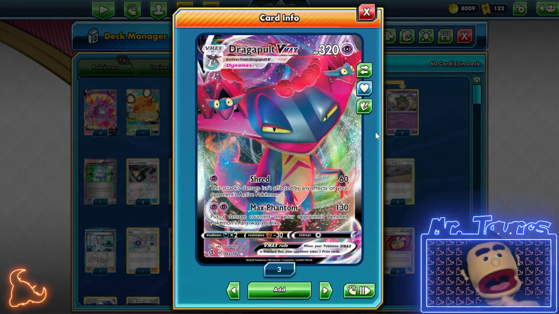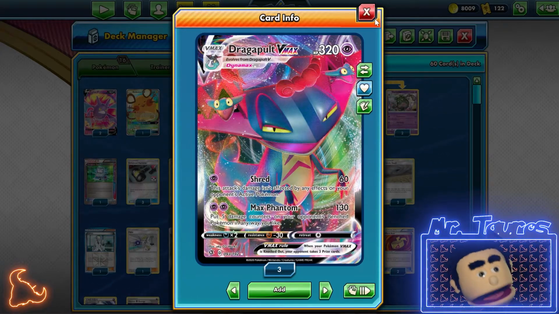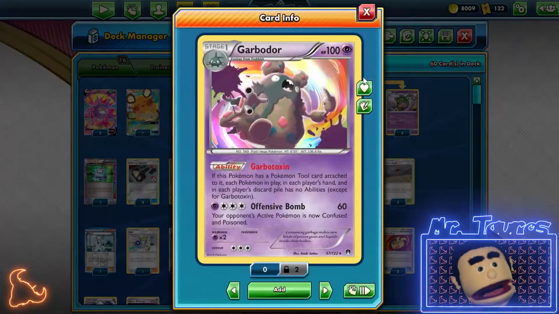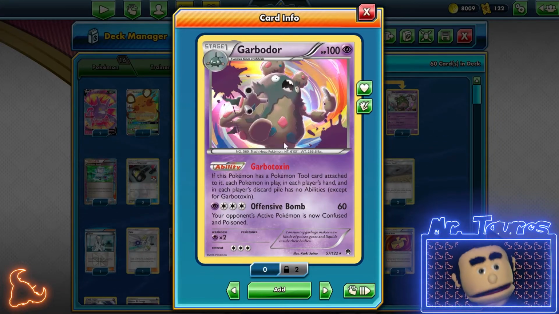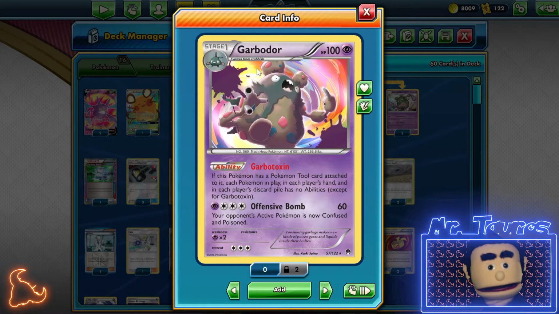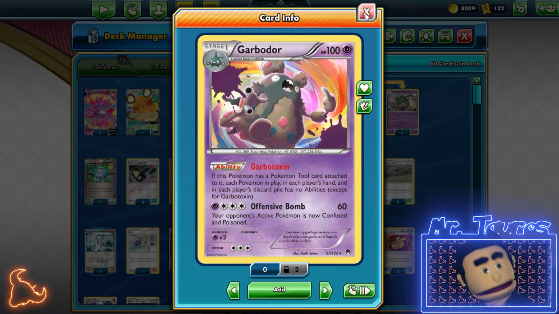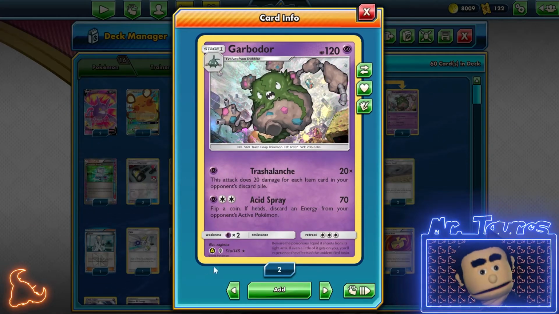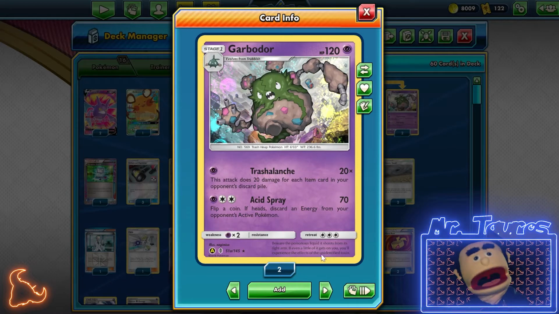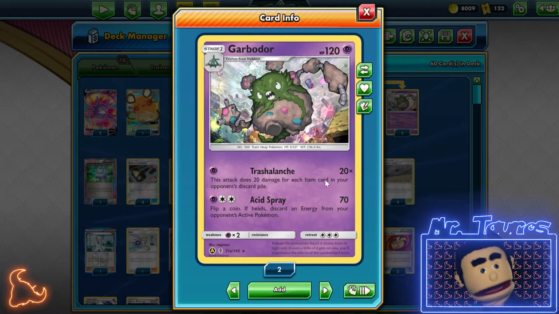But anyway, we're going to be doing some Dragapult VMAX today, and with that, we're going to be adding a little Garbodor with the Garbotoxin ability, to be able to shut off our opponent's abilities. Everybody knows this card. Some people love it. Some people hate it. I'm also going to be using a little bit of the Garbodor from the Guardians Rising expansion with the Trash Avalanche, which does 20 extra damage for each item card in your opponent's